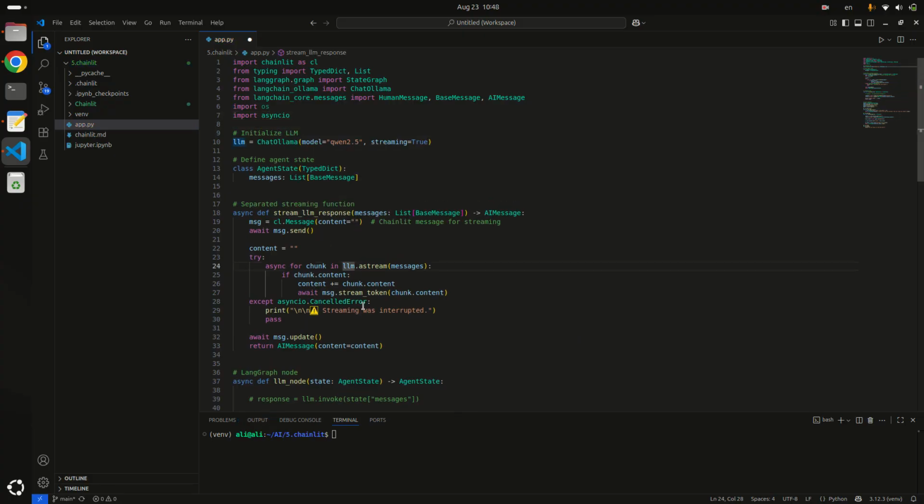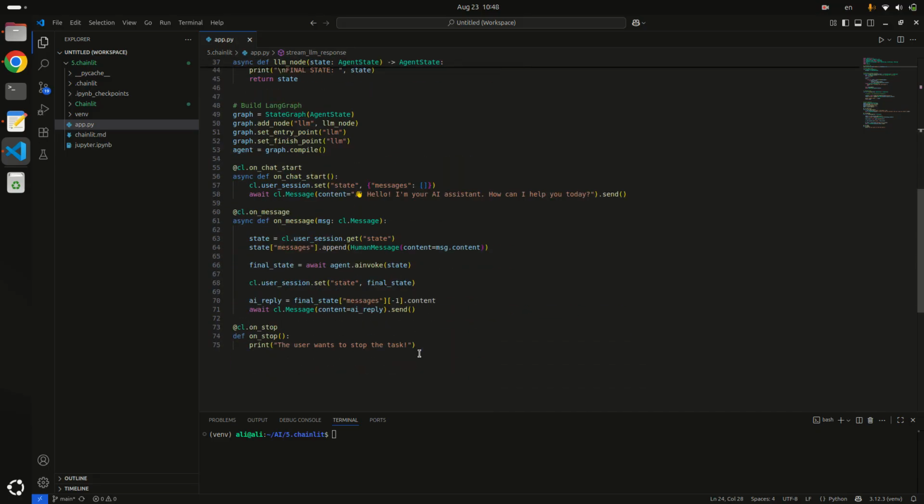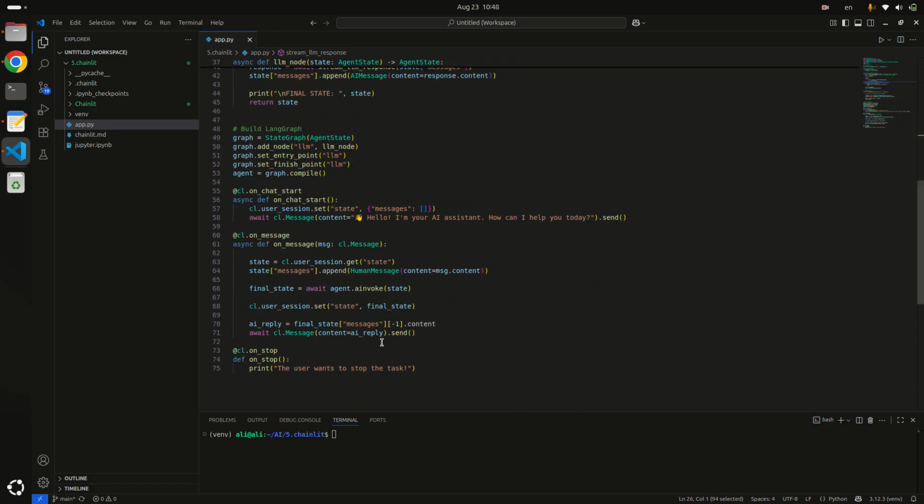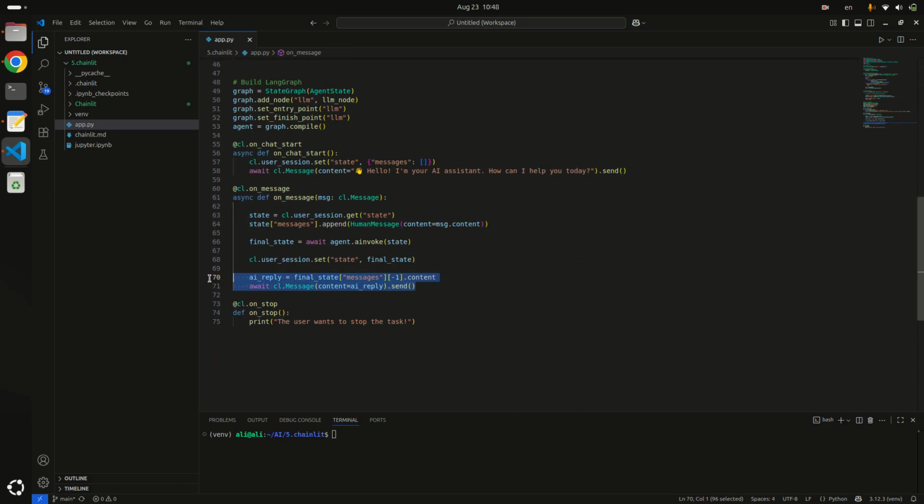So yes, everything is good. And one more thing, we are printing the AI reply here. Previously we were printing in these lines, so we don't need these two lines right now. Let me comment these also. If I save and run the application again,